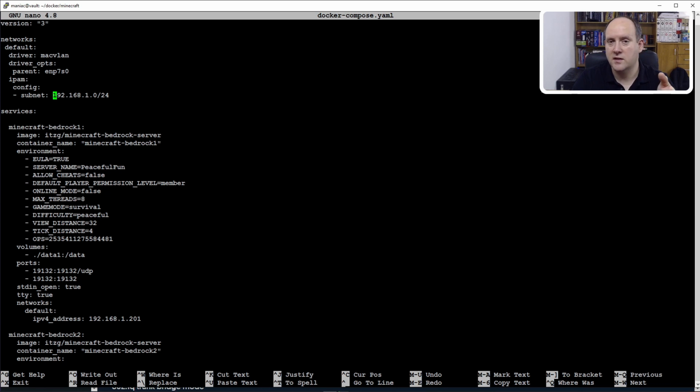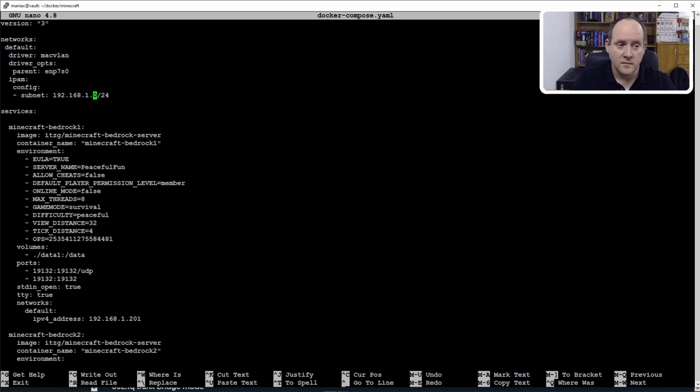They will be pretty much on the same level as the actual Docker host. So in my network, the Docker host has an IP with 177 standing right here instead of that 0,